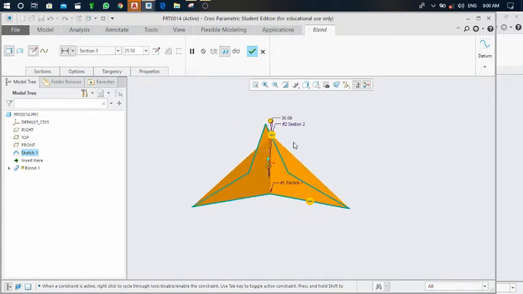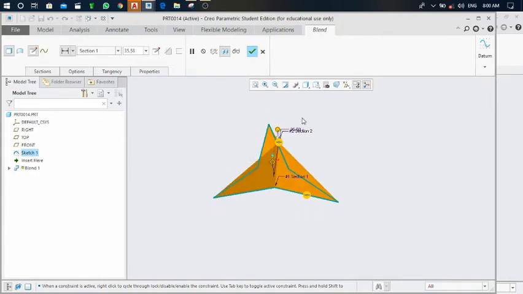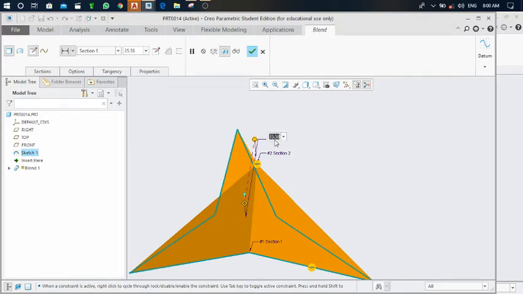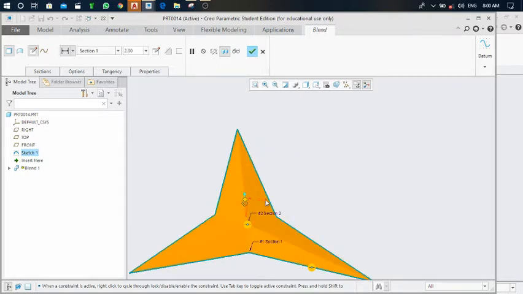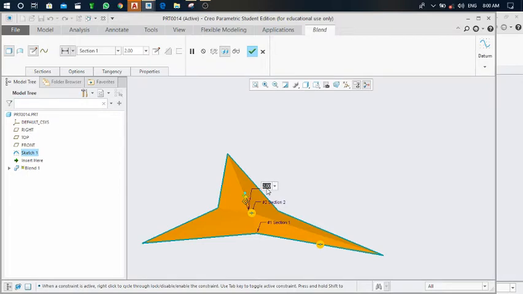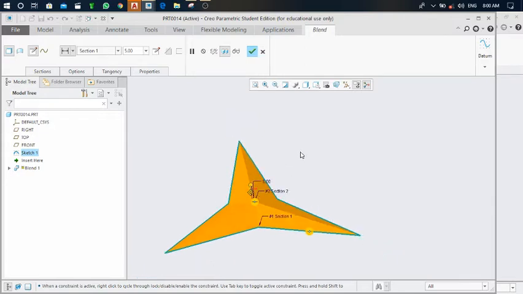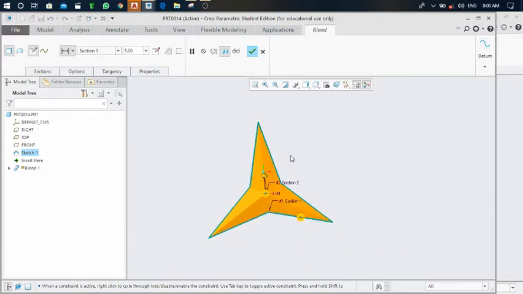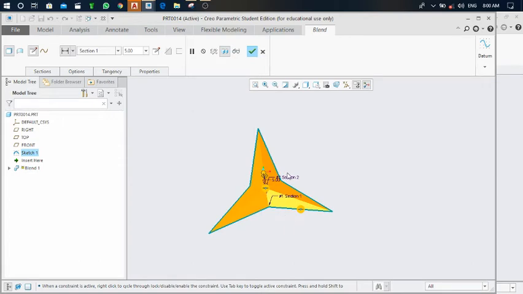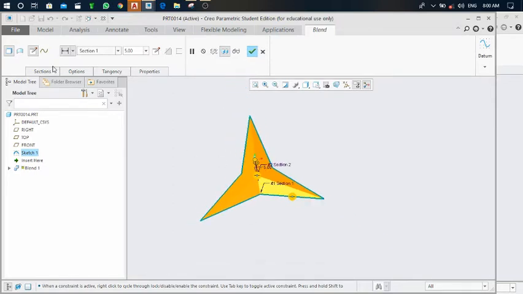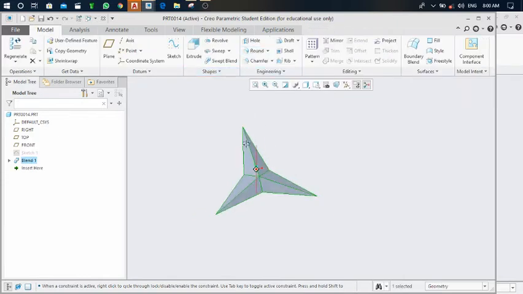Here this is generated, but you can see the thickness is 35.58. Just reduce it. I am going to type 2 and enter it. Okay, you can also modify, 5, enter. Okay, this is the first section, this is the second section, and this is the 5 height from the first section to the second section. You can see here clearly. After that, click on this green mark, and next